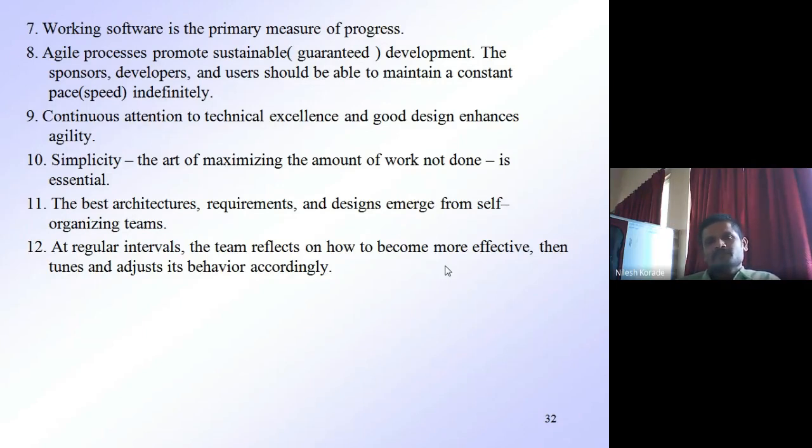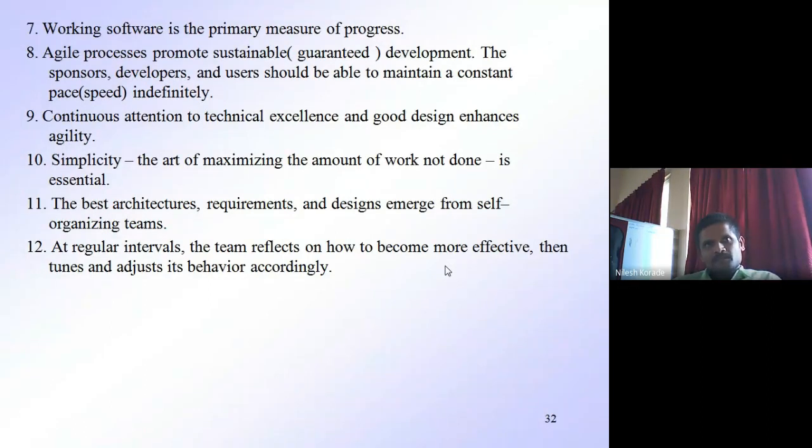Keep it simple means your design should be easy to understand and it should provide proper understanding to its stakeholders or the person who is using that document. So whenever you have technical excellence and good design, definitely you will produce the best result from that good design and from our technical excellence.